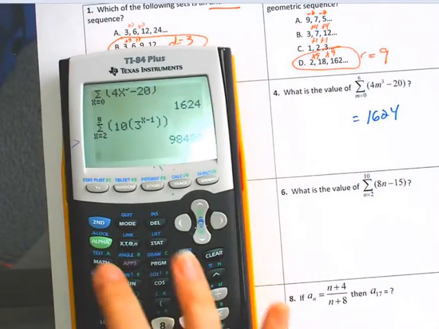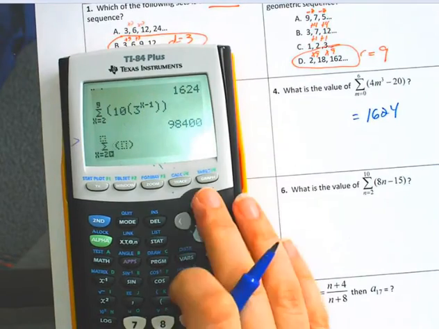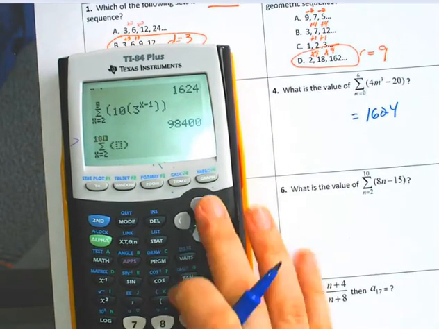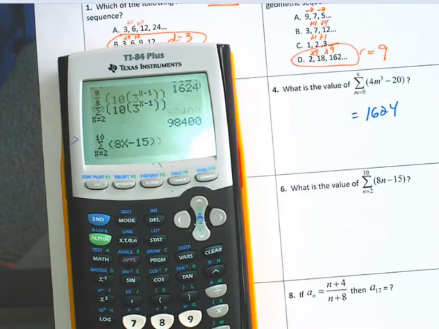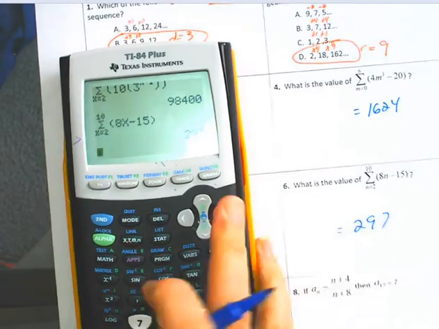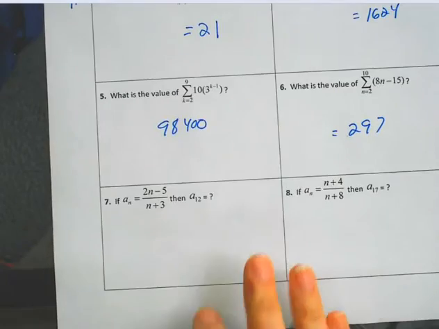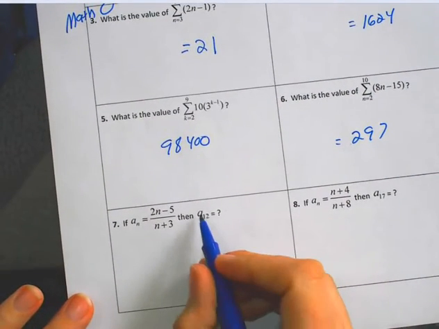Okay, and then the last one, math 0, x equals 2 over to 10, and then 8x minus 15. 297. Okay? All right. So next, this says if a_n equals (2n minus 5) over (n plus 3), then a12 equals,